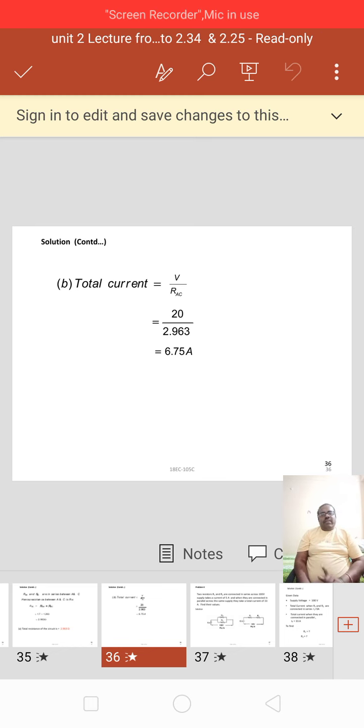Here I have done separate solutions for the two resistors connected in parallel as well as the three resistors connected in parallel, and again I combine the values from the two resistors and the three resistors. We get the total current present in the circuit as well as the total resistance present in the circuit.